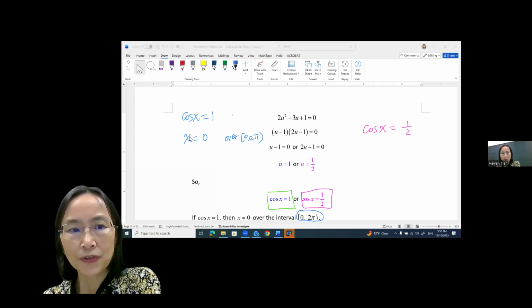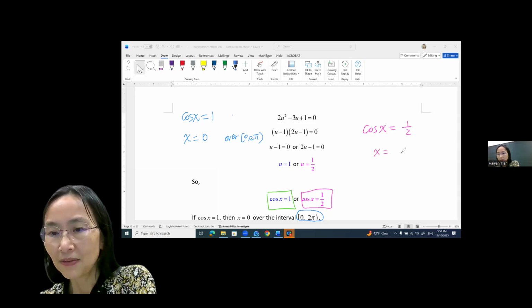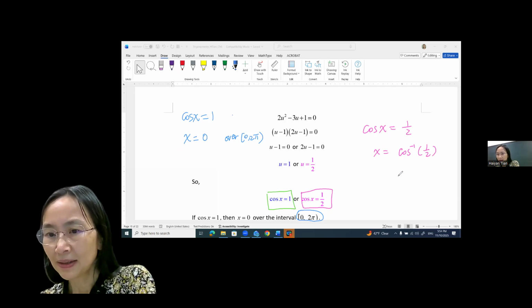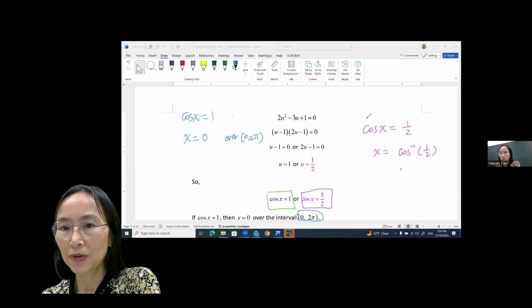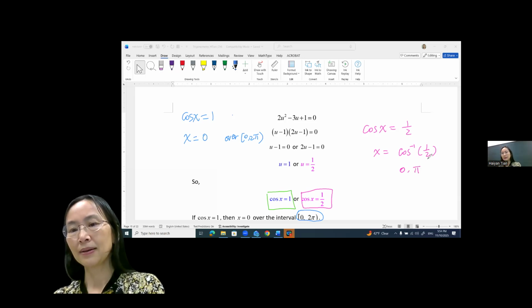So if you want to write the inverse, suppose you write x as inverse cosine of half, then this x is only from 0 to pi. Remember, the range of a cosine inverse is only from 0 to pi. So anywhere from 0 to pi,